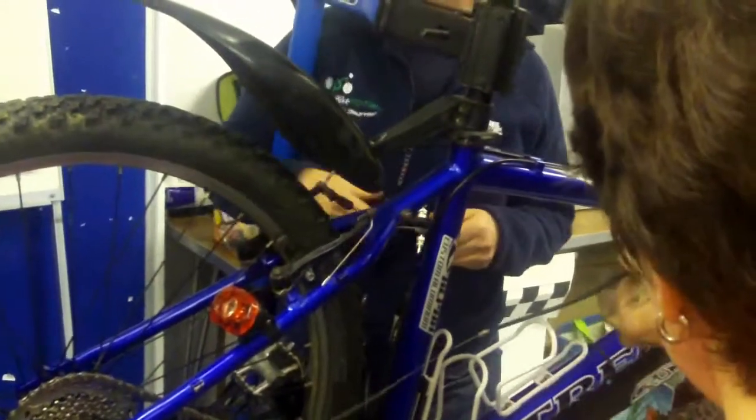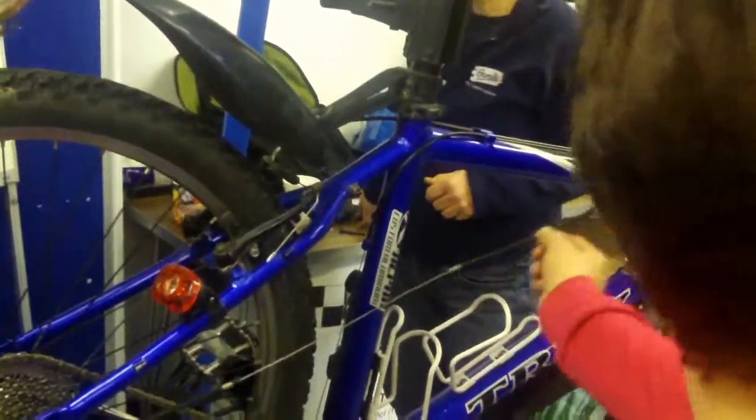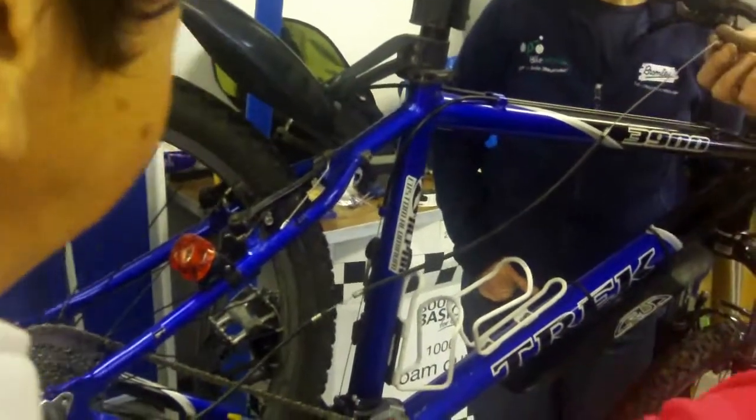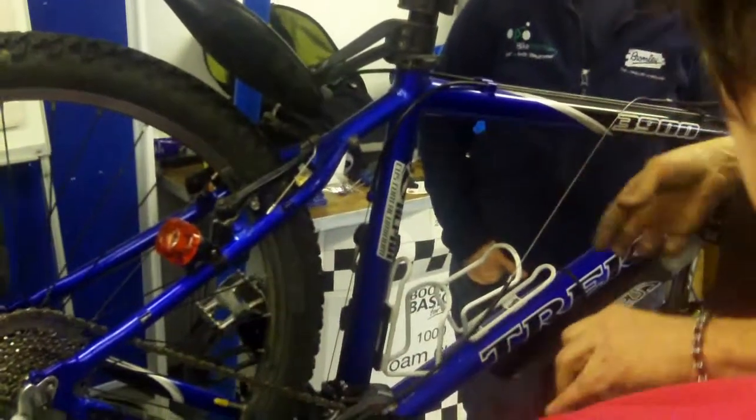Right, now, feel how that slides. The silver bits. Is there a difference? Oh, I see, yes. Oh, of course. Yeah, you compare those two. It's to do with the bending, all sorts of things. But this piece of outer cable that lives here gets filled up with all the crap under